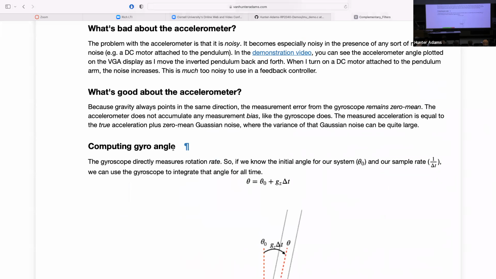So what we need is an initial theta naught, right? That theta naught might be 0 degrees, 90 degrees, whatever it is that represents straight up, if you're assuming that the user is starting this thing holding it straight up. Or alternatively, you might gather a batch of accelerometer measurements, compute an angle, and then before you start this whole process, you say theta naught equals whatever angle I computed from the accelerometer.